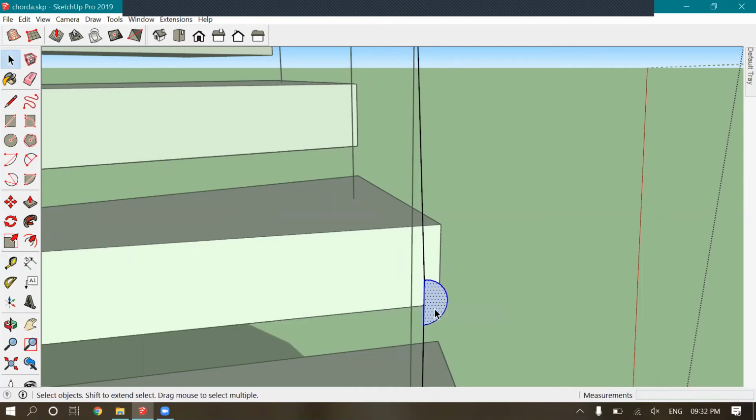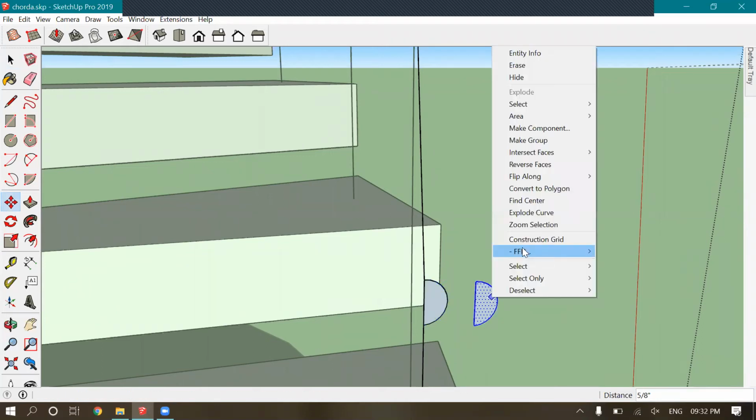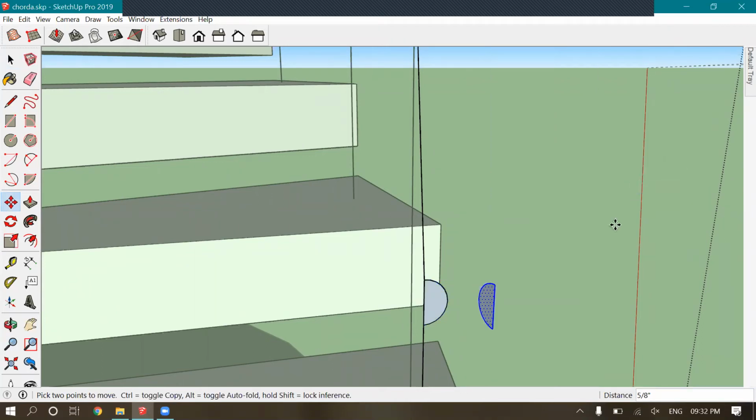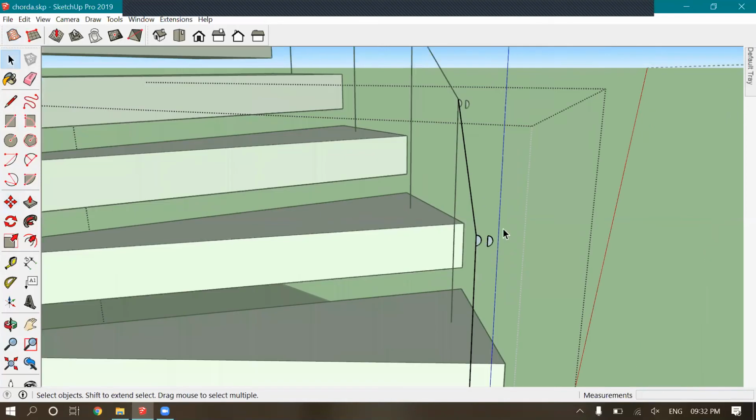You need to flip it, because I tried using a circle, but the circle doesn't work on the downward axis, what can be called the blue axis as far as SketchUp is concerned.